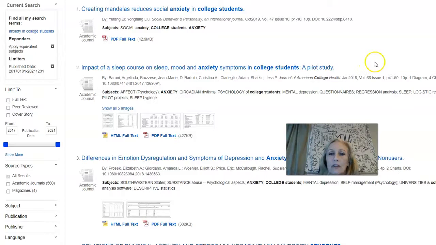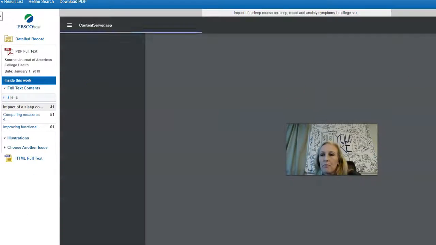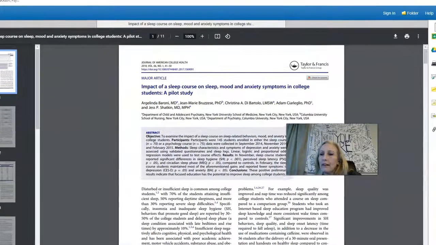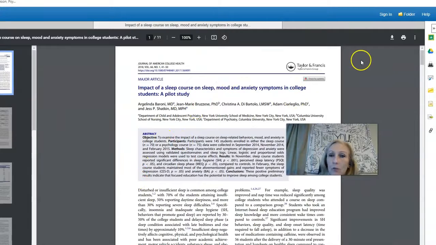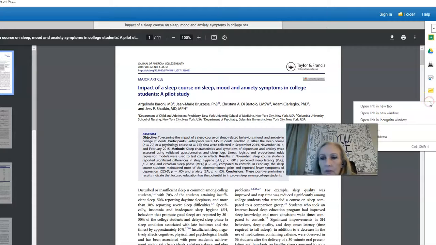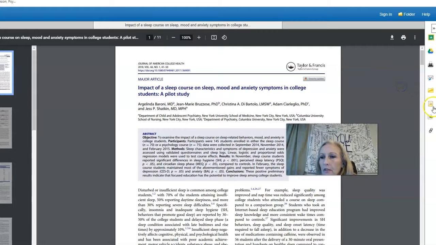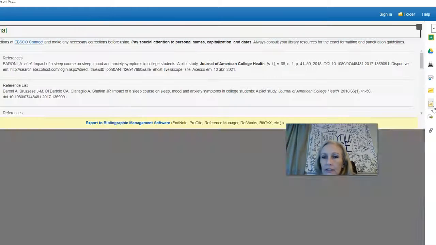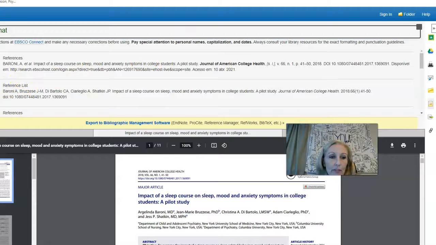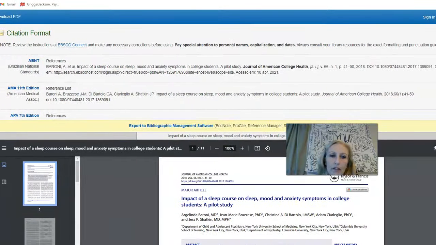So again, you can open it. The full text is right there. You can open it, slide over to here. You can print it if you want, or download it as a PDF. It should give you some citations. If you want to cite it, hover over here, click cite, and it'll tell you. Remember, you want the 7th edition, which is popping back over here.